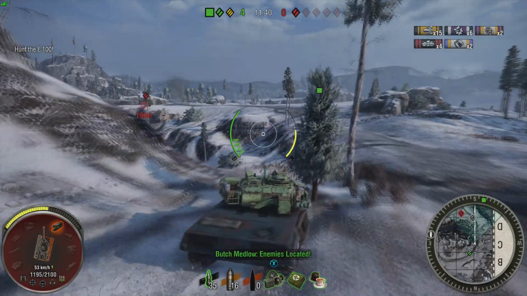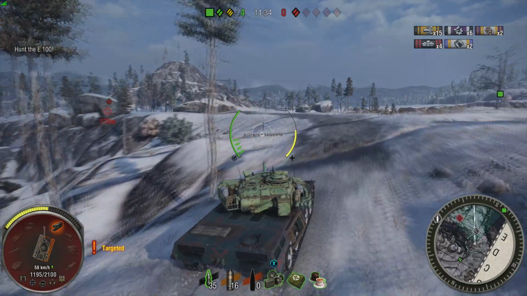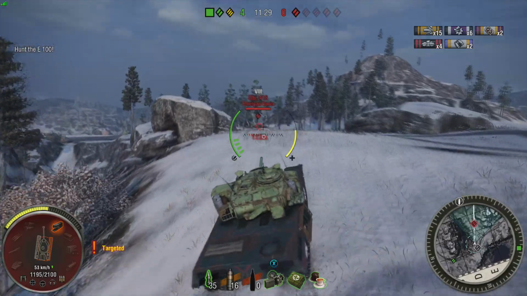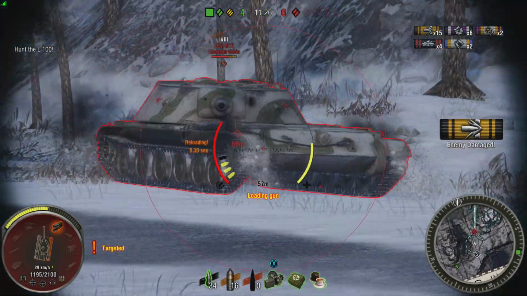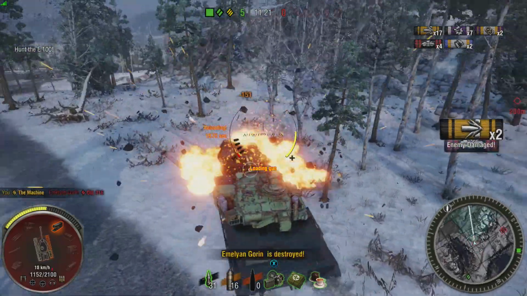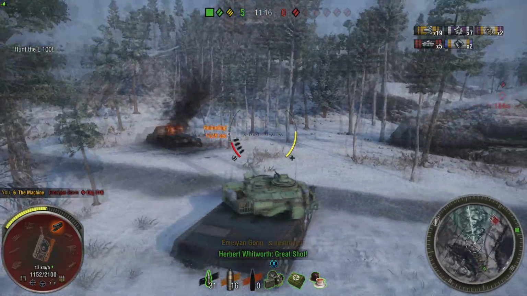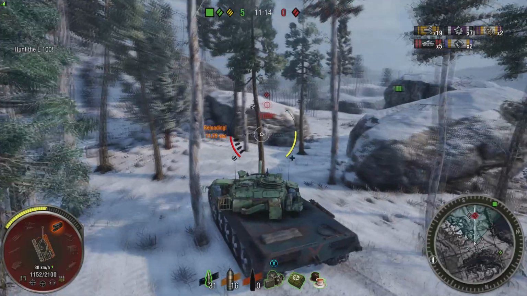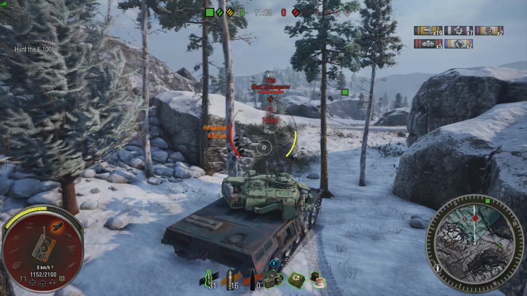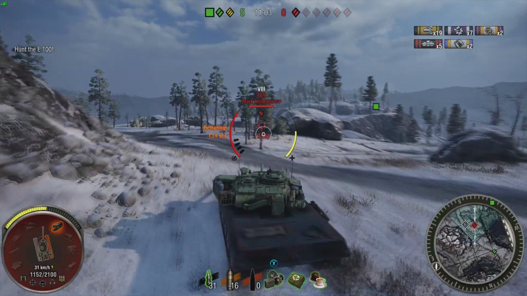And the fact that you have like 310mm of HEAT penetration as well. In a way, that's better than the Chieftain, because yes, the Chieftain has ridiculously good APCR penetration on its premium rounds. Sorry guys, I'm just concentrating while I ram this guy to death. The Chieftain has very, very high penetration on its premium APCR rounds. It's ridiculous. I don't think it's in the 400s, but 310 millimeters of premium HEAT pen